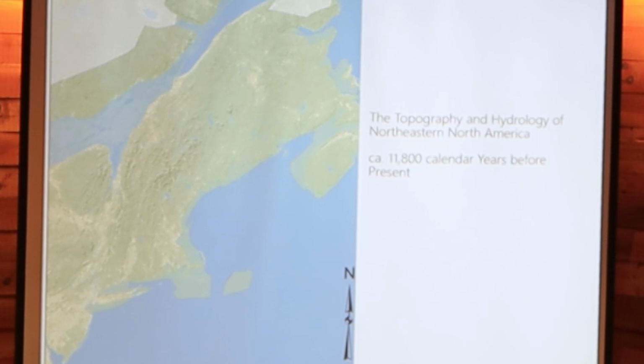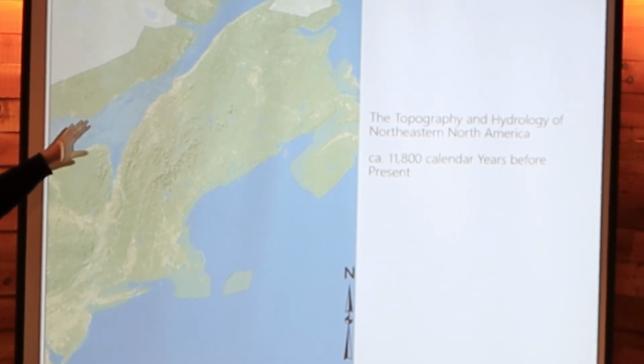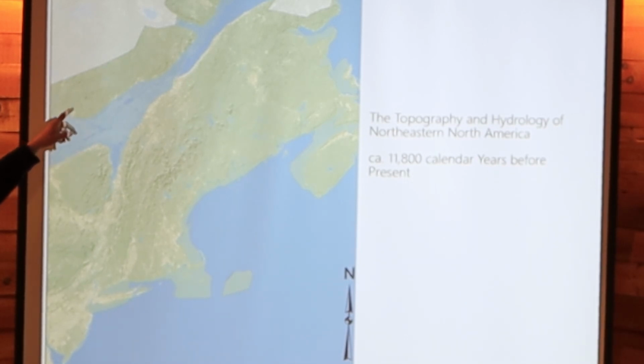And my colleague Stephen Wright once said, well, imagine sitting on top of Mount Philo and watching Lake Champlain drain 100 feet in a matter of days. That would be what it would have looked like to have been there. Then Lake Vermont actually reformed, but with a shorter dam around Whitehall, and filled again with melting glacial meltwater. And then finally, around 13,000 years ago,